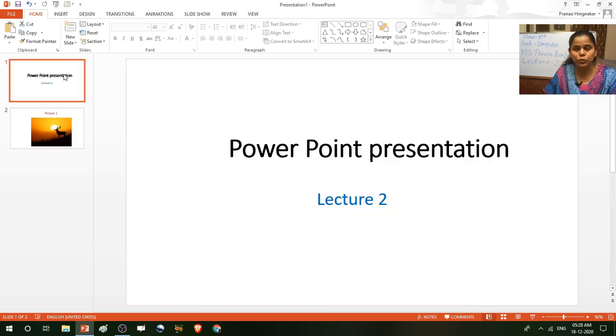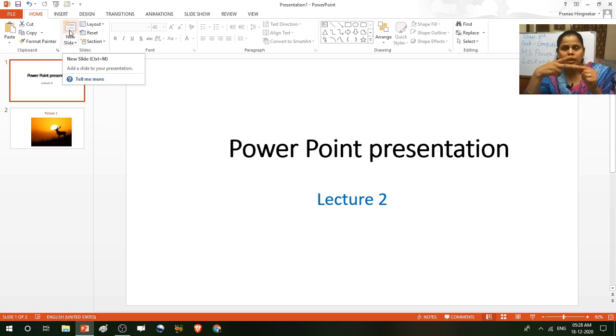If you want to insert one other slide between these two slides, then click on the first slide and then click on the new slide button from the ribbon, or press Control M from your keyboard. Clear? So to insert a new slide, there are 2 ways.